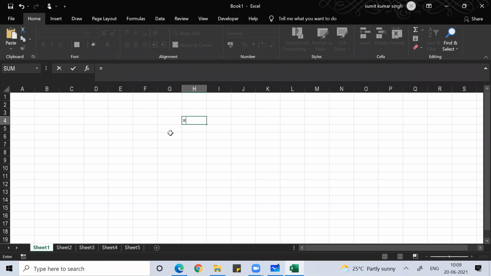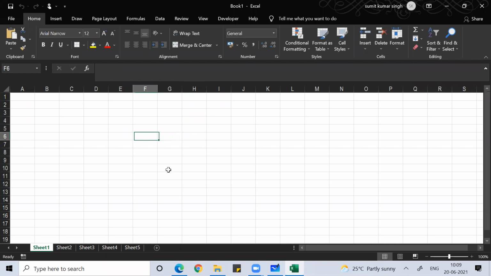So we have learned about Excel, we have learned about automation in Excel, we have learned that the moment you press equal to in a cell, your cell becomes automated. Till you put equal to, everything is very generic. This is a cell. We know that there's a workbook, under the workbook we have a lot of worksheets, and under the worksheet we have cells. How many cells do we have?